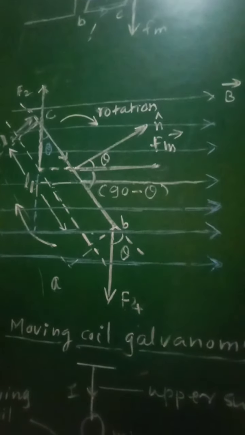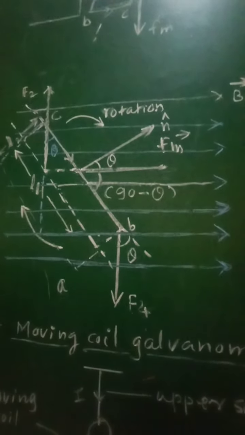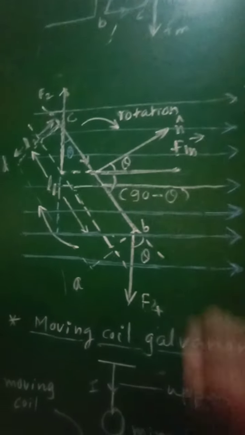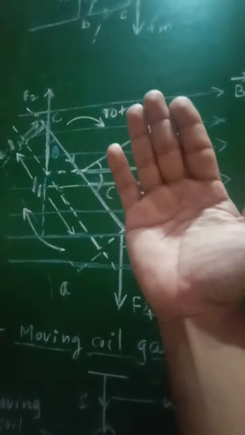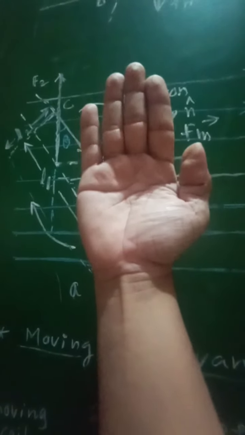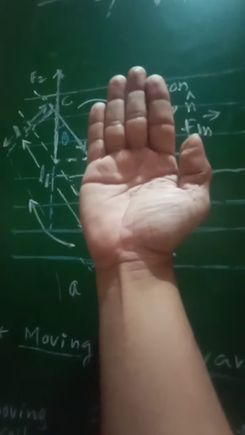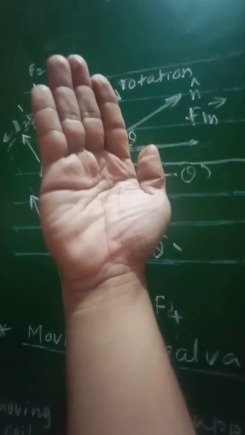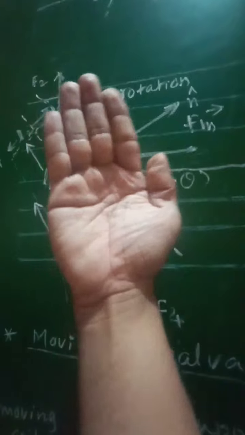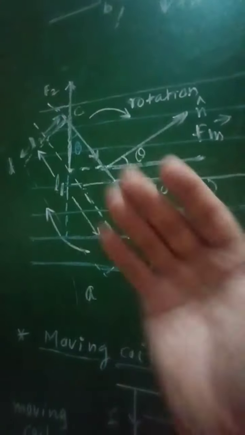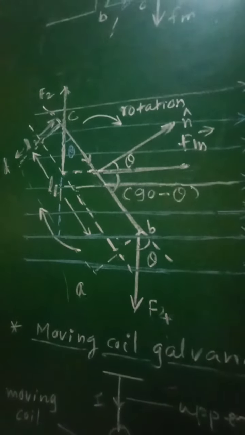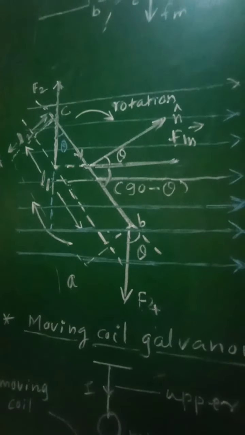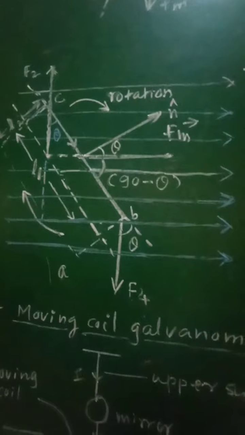And therefore if you consider this situation, in this case the coil is rotated through some angle theta. That means initially that coil will be placed in the vertical plane. Now when the forces act on it due to the currents flowing through it, this coil will get rotated like this. The rotation is shown in the figure. At that time, what are the different forces acting on it and what will be the torque, that we will